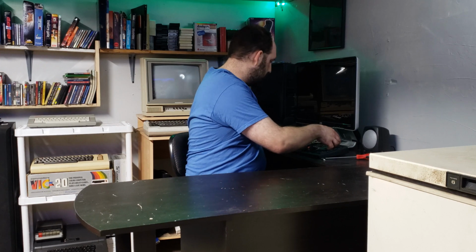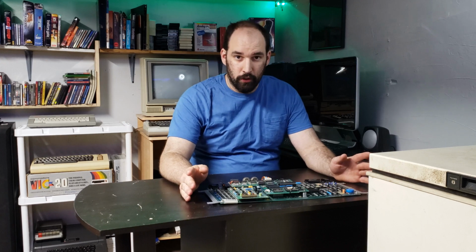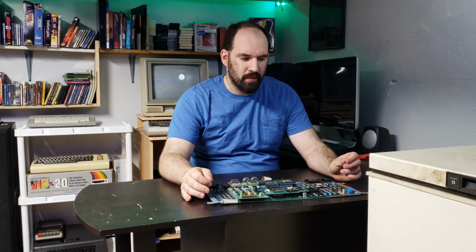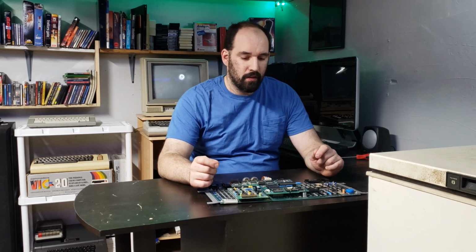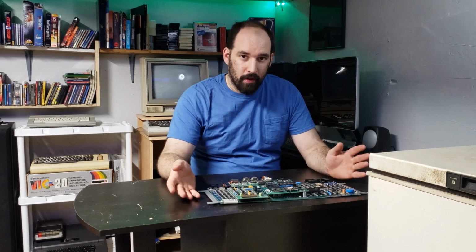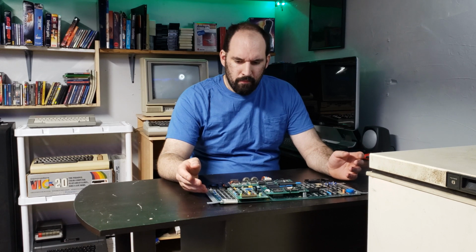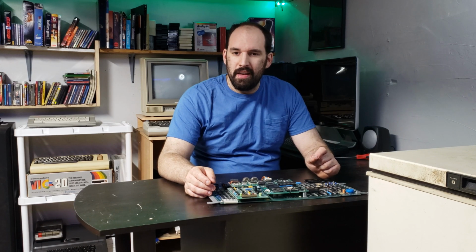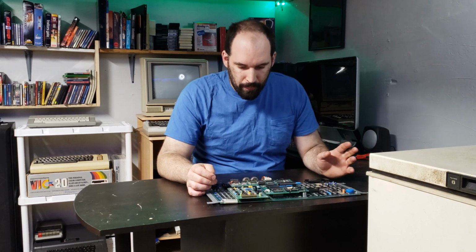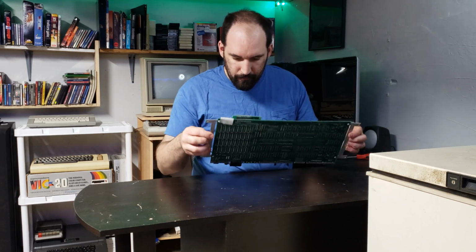So first things first, I want to mention that I actually opted to not retrobrite this thing because, well, apparently the Osborne is one of those machines that can become a little brittle under retrobriting, which is a problem I don't want to worry about. The other thing is, I forgot to order a certain replacement part. Honestly, from what I can tell on online forums, this particular part isn't needed. But first, let's take a look at the